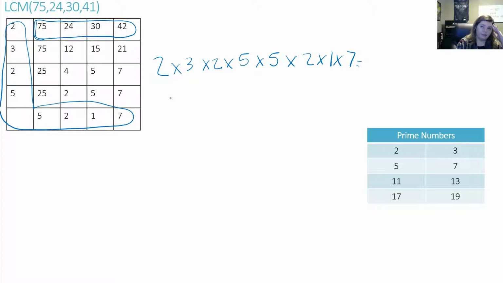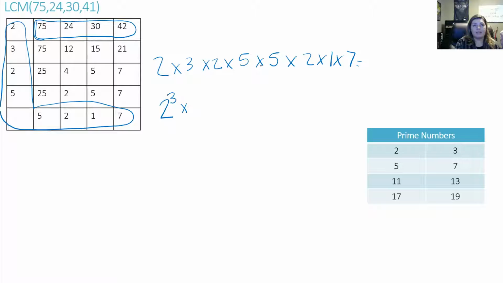So this is kind of confusing to me to look at, and it's kind of a mess. So what we can do is we can actually kind of collect like terms. So what we're going to do, and whenever we write this, we want to write it in what's called descending order. So that means that we're going to take, you know, let's see, we have 1, 2, 3 twos. Okay, so the way that we would write that, instead of saying 2 times 2 times 2, is we could actually write 2 with an exponent of 3. This tells me that there's 3 2's in this equation, times